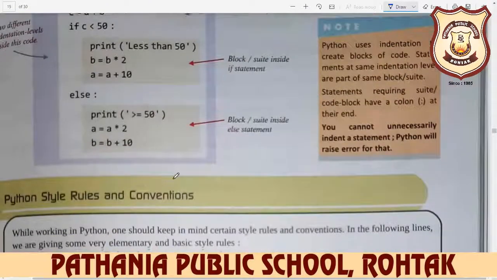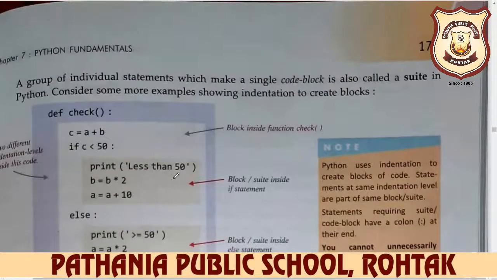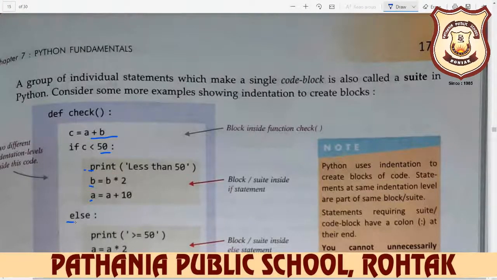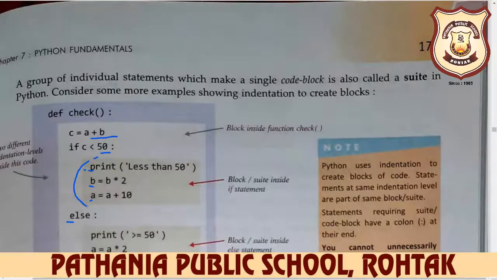A group of individual statements which make a single code block is also called a suite in Python. Consider four more examples showing indentation to create a block. For example, you see here your program is started, but when you press else, your cursor automatically moves here. So this is your indent. And this complete part is your block, and you can say it is a suite inside the if statement.